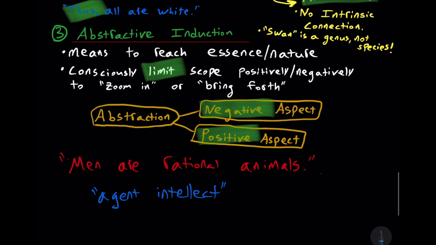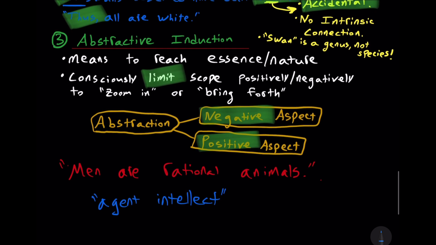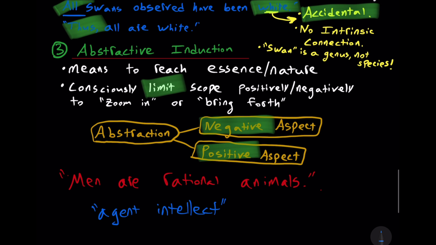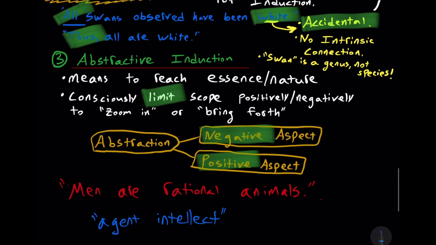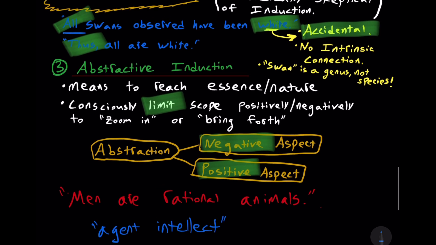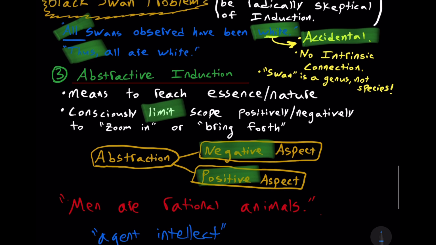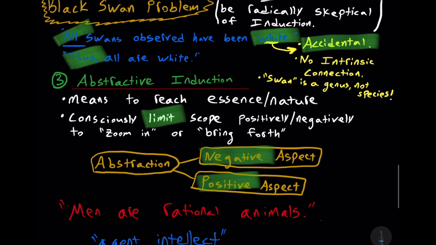Now, I am the amateur logician from amateurlogician.com. In this video, we previewed abstractive induction, and this allows us to focus our thinking to develop concepts and ideas. We can move away from particular things to consider classes of things, to consider groups of things. It also helps us pinpoint what the nature or essence of something is. That is, what best describes a group of things and their commonality with each other.